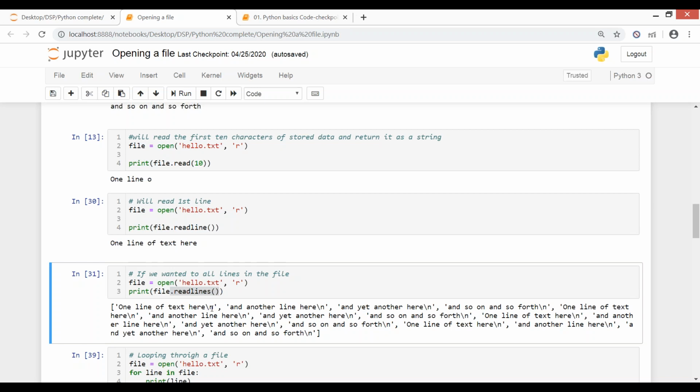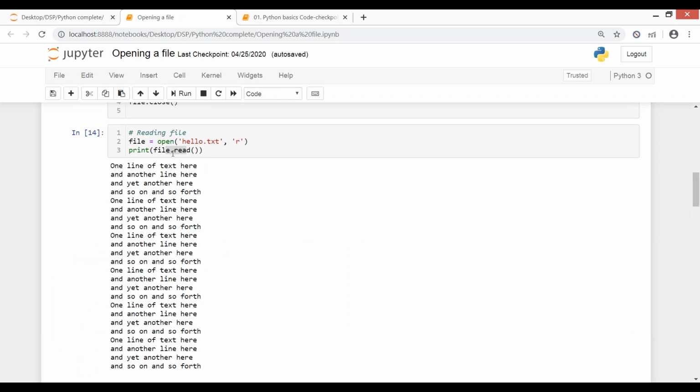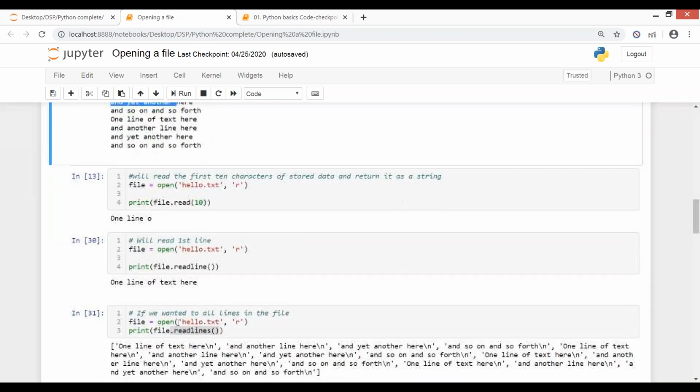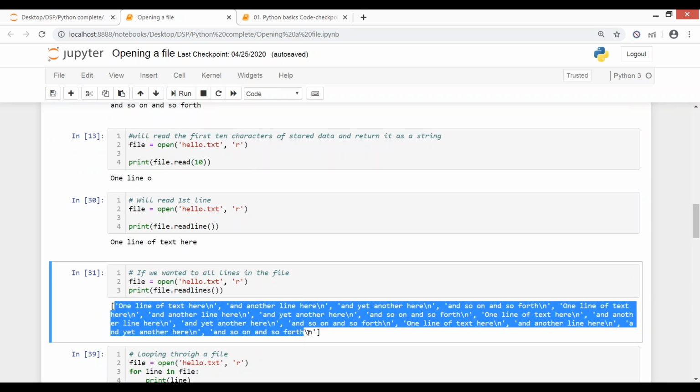Ideally, they represent a new line, and they were treated as a new line when we did the append command. When we looked at the file, they were taken as new lines. So when I'm doing this dot read, I'm getting the actual representation of my data, which I wanted it to be. And when I'm doing dot read lines, what I wrote is exactly what comes out. They are not in new lines. I'm just getting a list of things which I have written into my file.